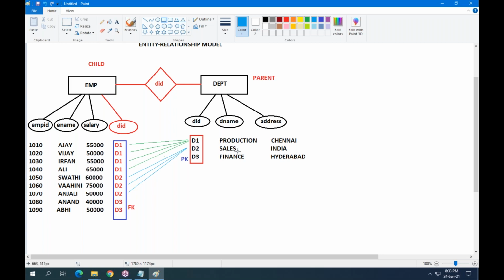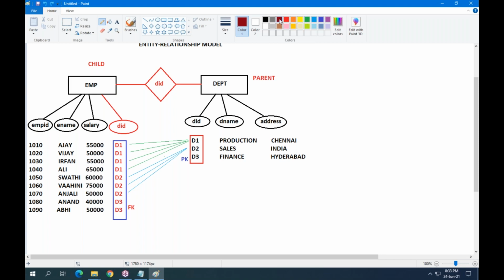Under sales department, what is the highest salary? See here guys, under sales, this is one employee and another employee, other employee. Highest is 75,000. And what are the names of employees working under finance?